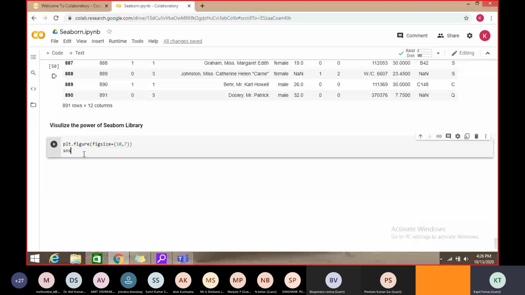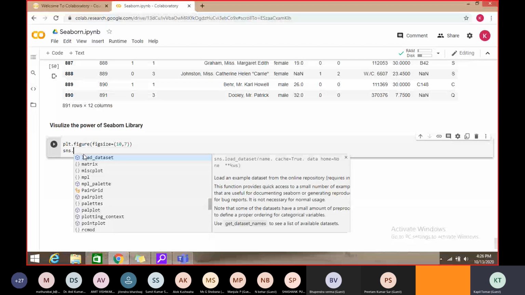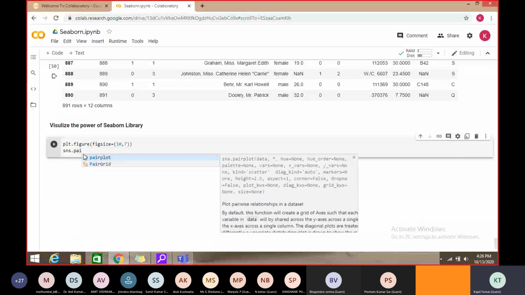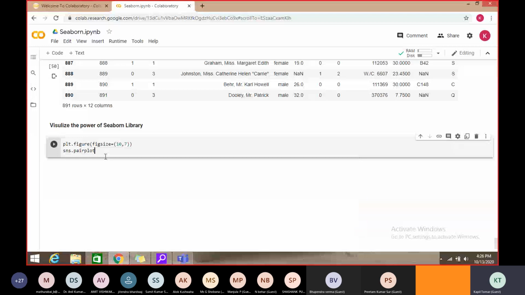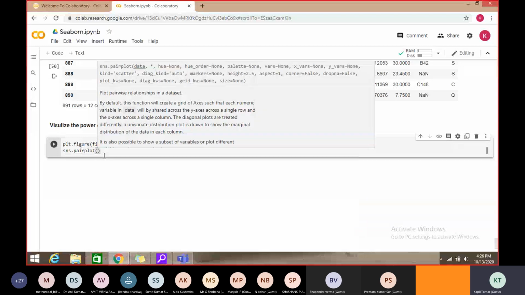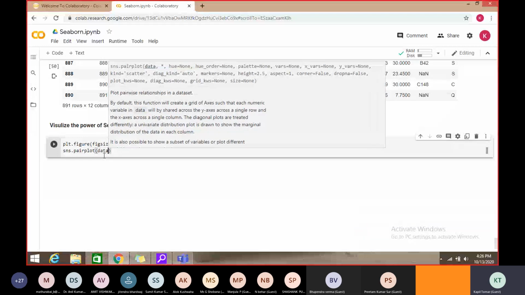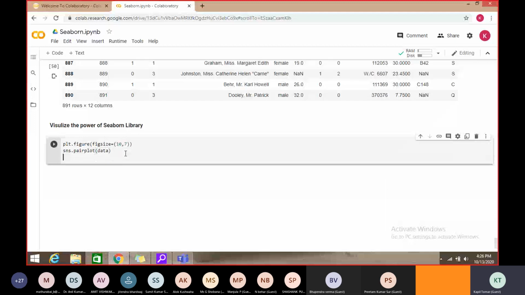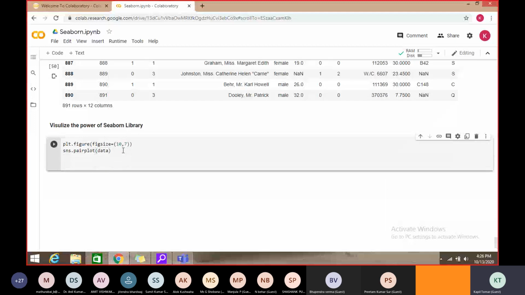What I have to call is dot pairplot, and where do you want to draw? I want to draw it on this data only. Then plt.show, so that the extra information will not be visible.